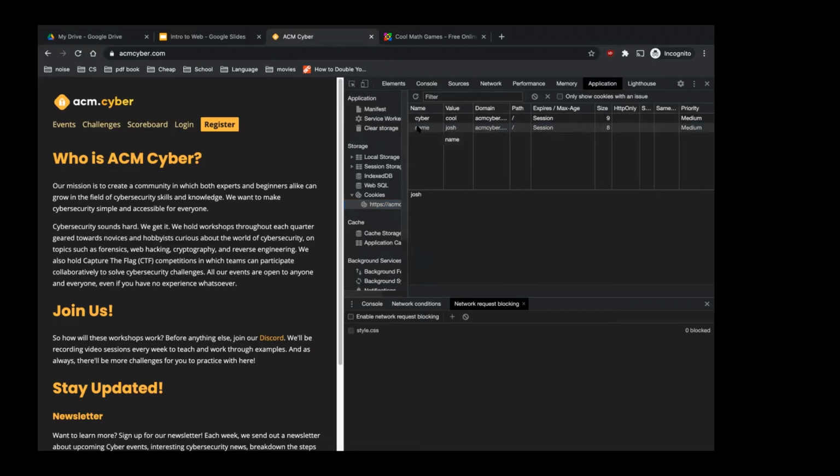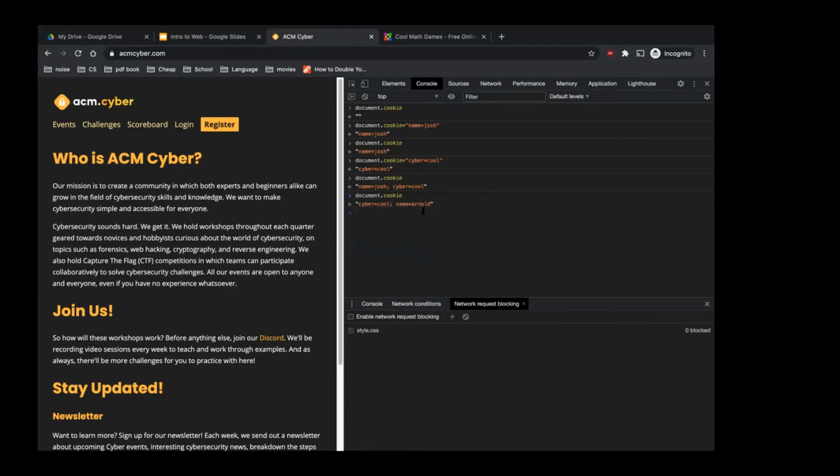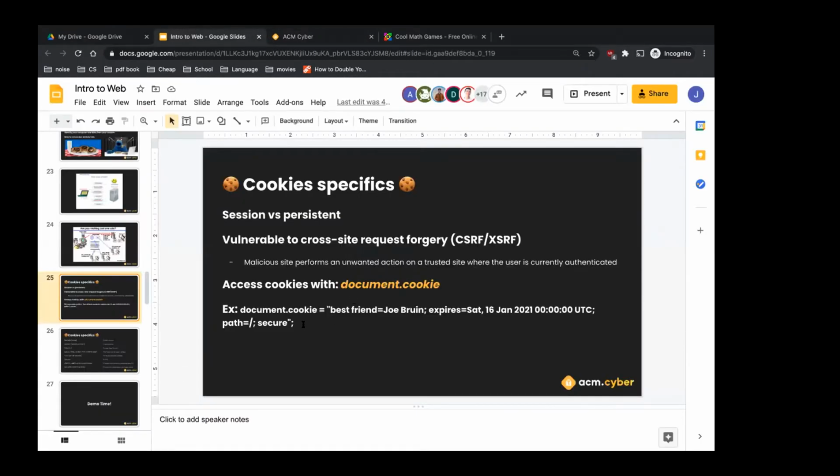So let's say I want to change my name to like Arnold, right? That's a pretty cool name, right? And I save that here, it shows up here. And when I run this again, it shows up here, right? So those are just different ways to do them through both of these different tabs. And then let's go ahead and add this other cookie